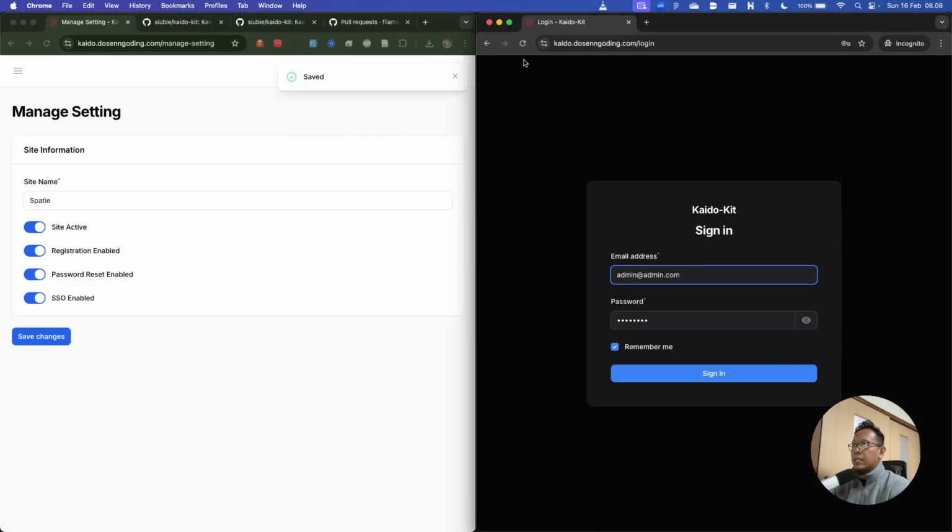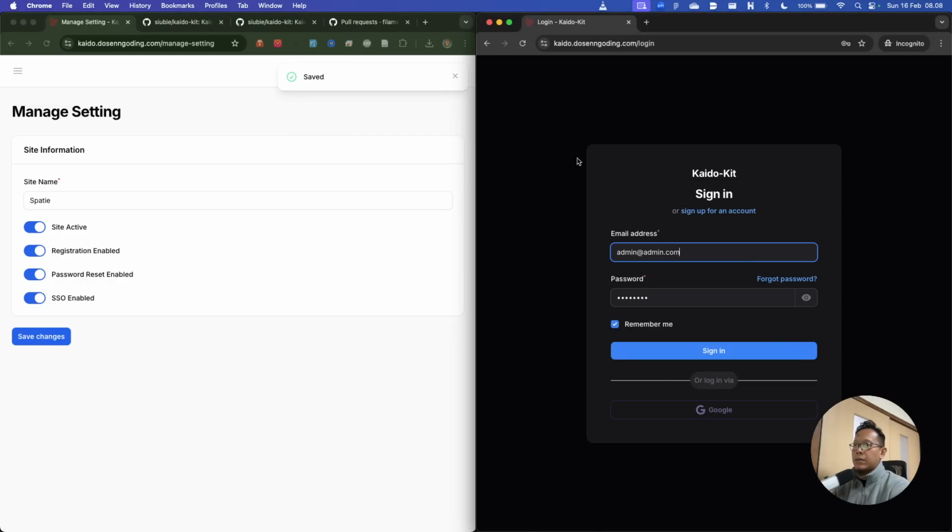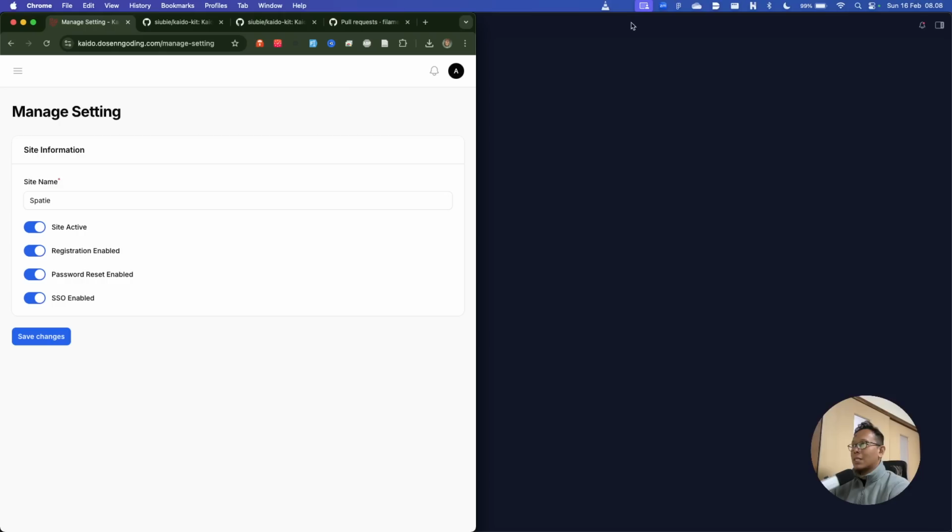Okay, if I re-enable everything, then we have this clean and complete login with all the features and SSO login also. I think that's all my contribution for Filament this time.